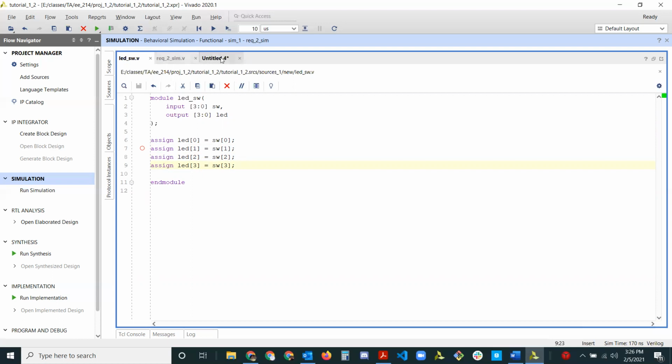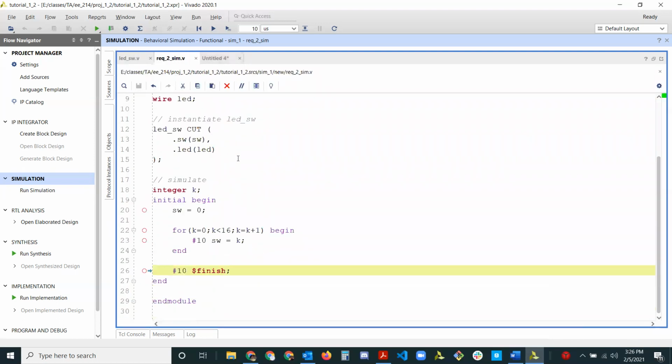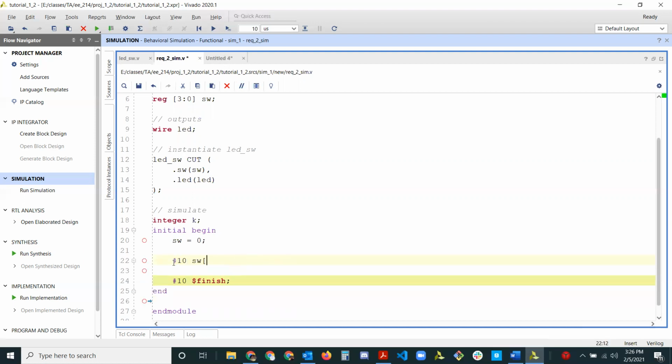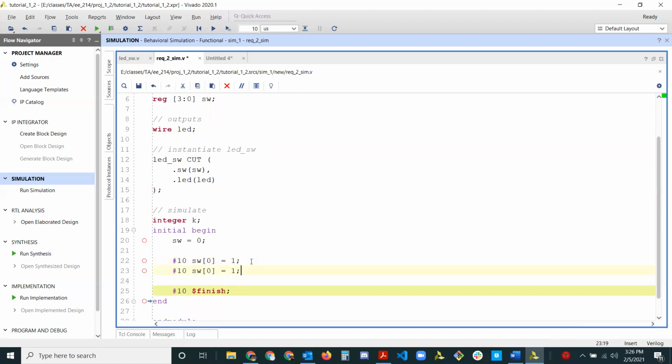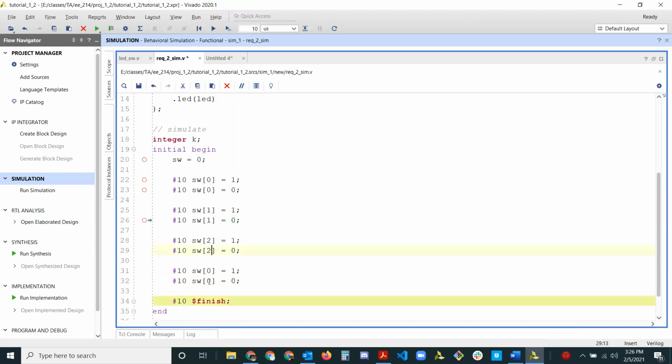So what I'll do is I'm gonna modify the simulation a little bit as well. So instead of going to 16, let's just do this. We'll say the switch at, so let's do this. We're gonna do switch 0 goes to 1. Then switch 0 goes back to 0. And we'll do this for all the switches, where this is 1, 1, 2, 2, 3, 3. And so if I run this simulation,